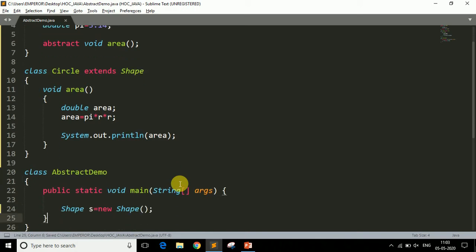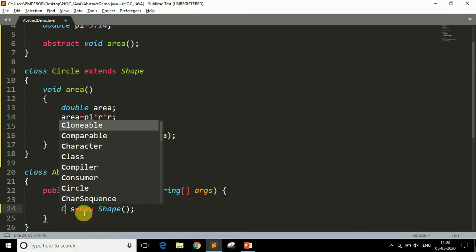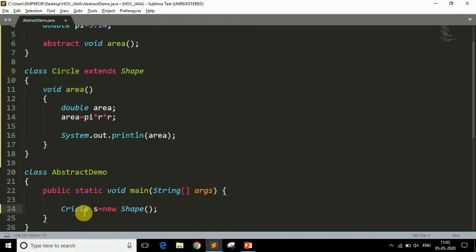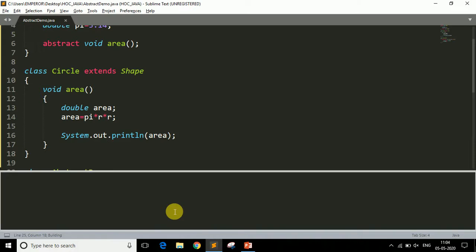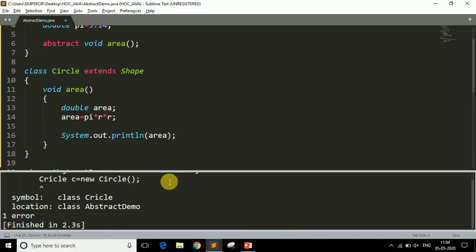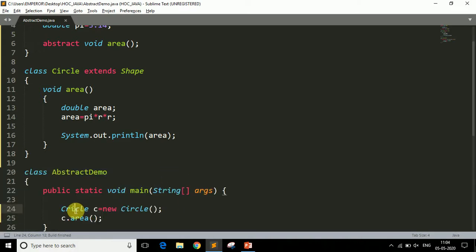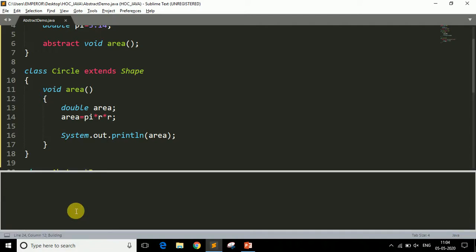So now if I want to call this method, I have to create an object of this Circle class. So let's create an object of that Circle class. Now let's remove this here, and Circle class. Okay, so here is how we can create the circle, and in order to call the method I have to write object name dot method name. So now if I run the program, okay, the spelling mistake here, Circle, and if I run the program,